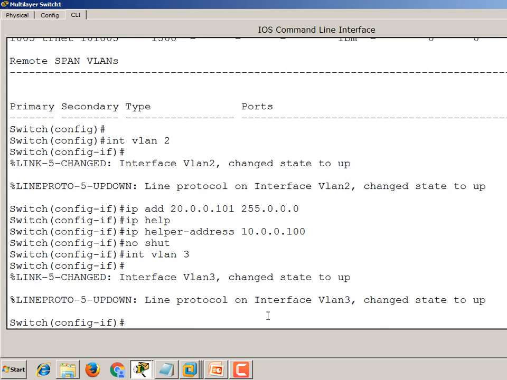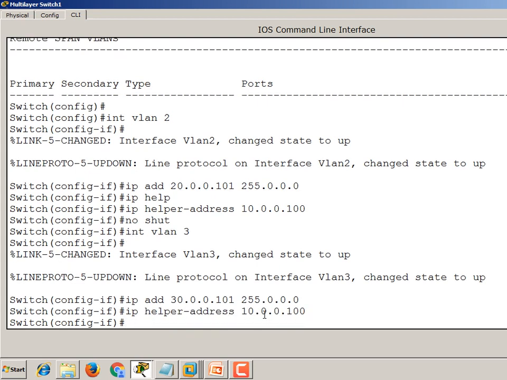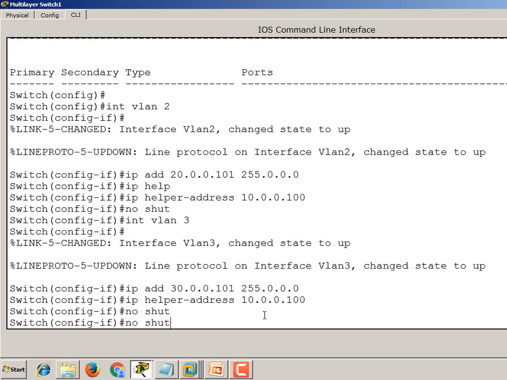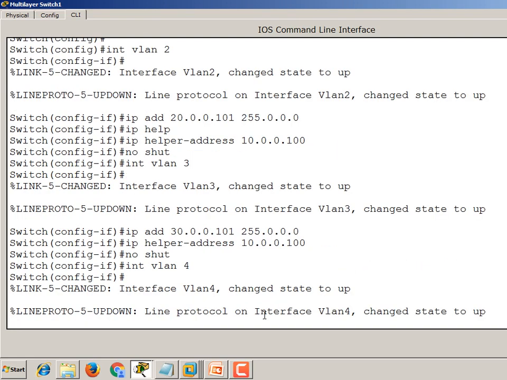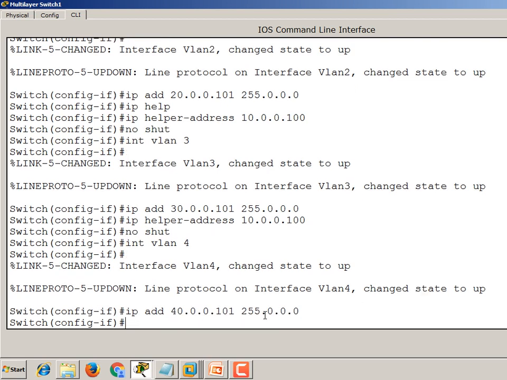So once again, VLAN 3. Here the IP address 30.0.0.101 will be for that particular VLAN, and the IP helper address will be your DHCP server IP, no shut. And for VLAN 4, 40.0.0.101, and once again the helper will be the DHCP server.